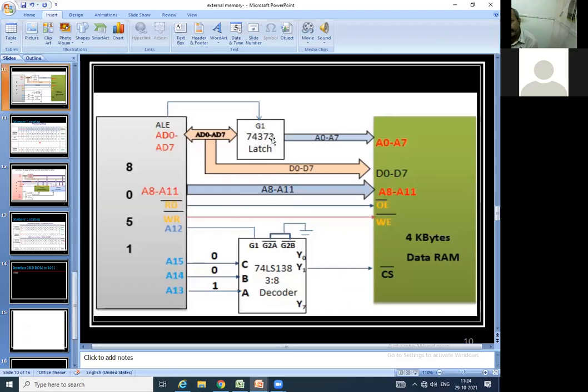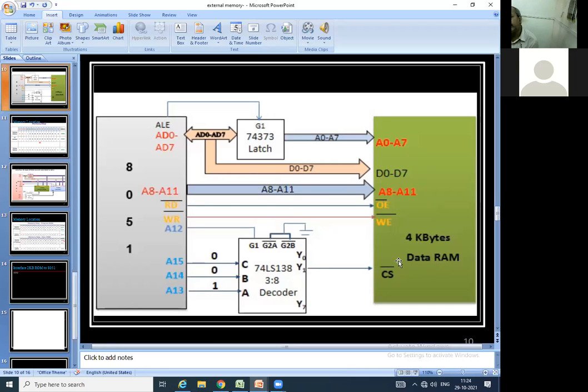That is 373 or AD0, AD. Here it is going to change, A8 to A11. That is how many address lines we require, that is the only important task in the first step. Other than this, the 001, the 138, that is the 3 to 8 decoder, CS bar, all is going to remain the same. Only instead of 4 KB, we are supposed to write 2 KB ROM. In that way it is going to be done there.